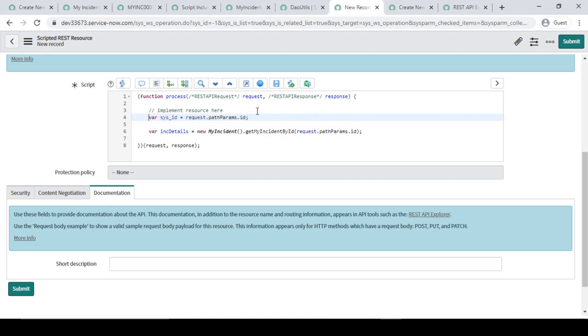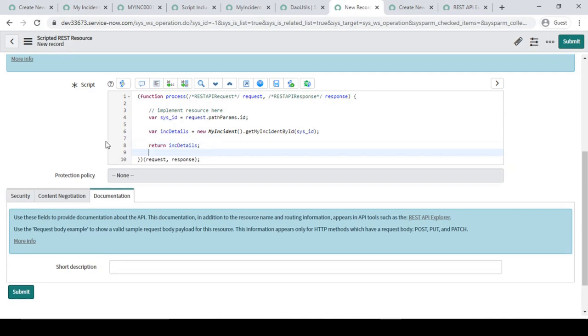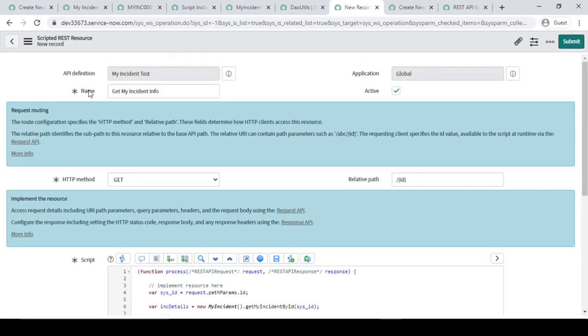So I'm just going to use this variable and I'll be returning this one. That's it, guys. So these three lines of code we have to write to get the information in your get